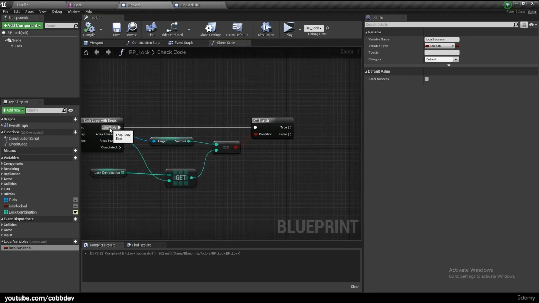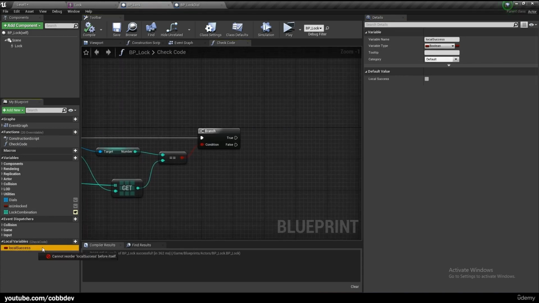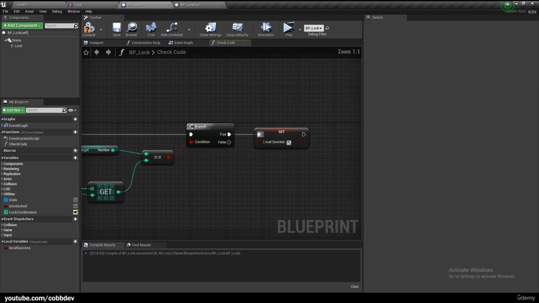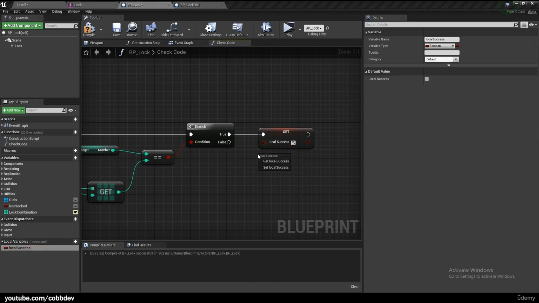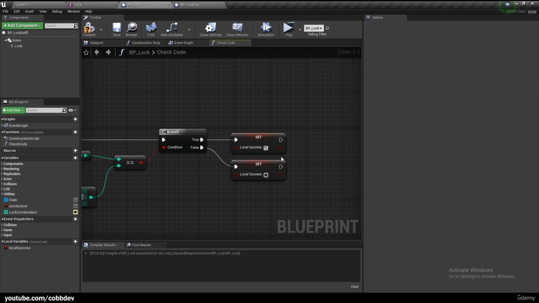If the number is correct, we want to set local success to true, which doesn't mean this function is over, because it can easily be reset back to false if one of them is wrong, which we can just add now. So let's set local success to false. And if it's false, we want to